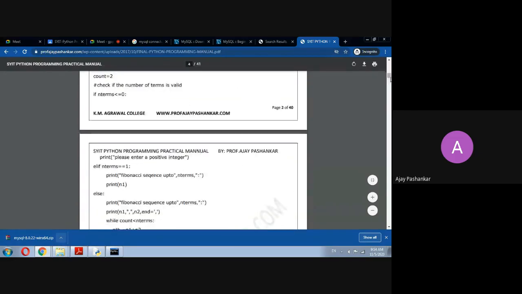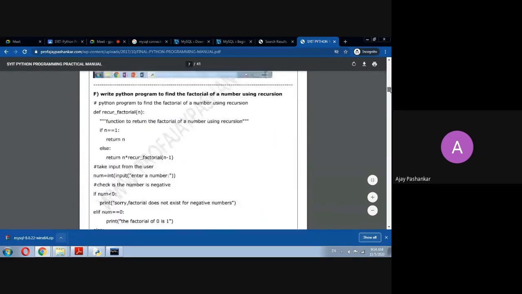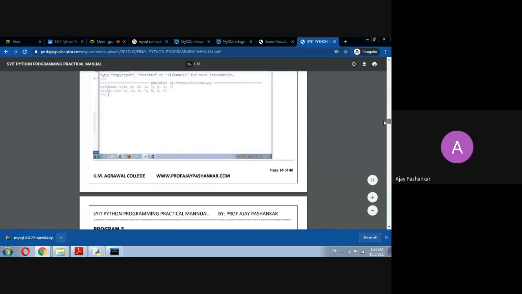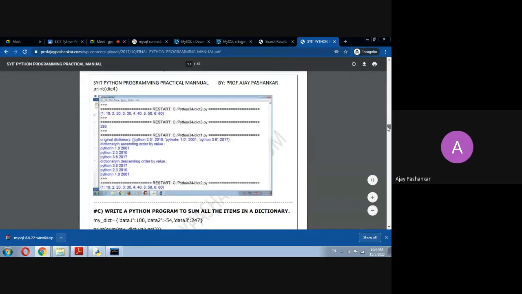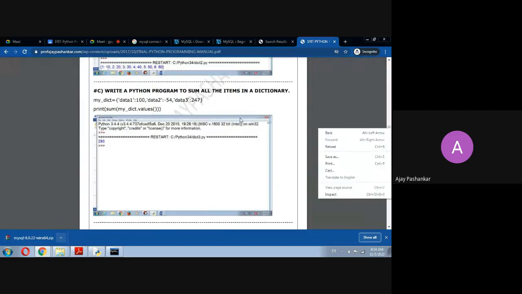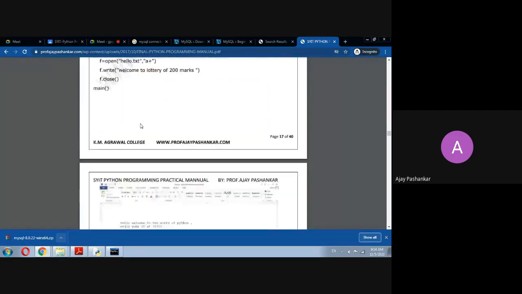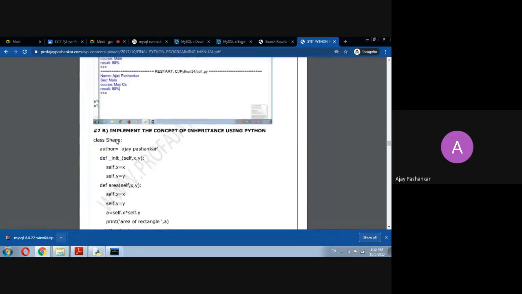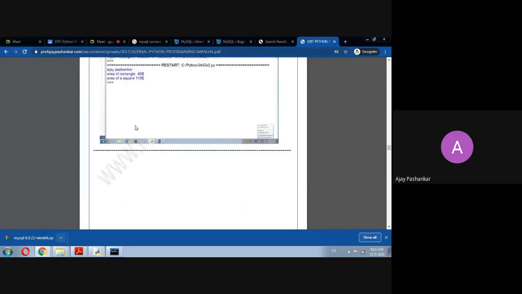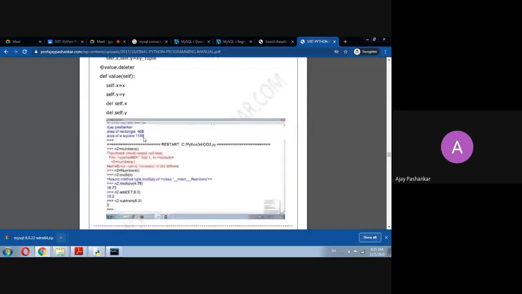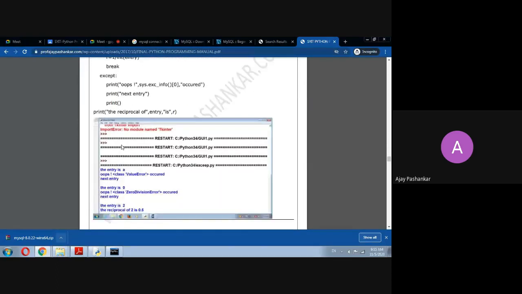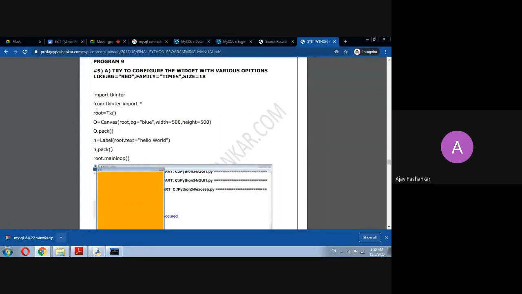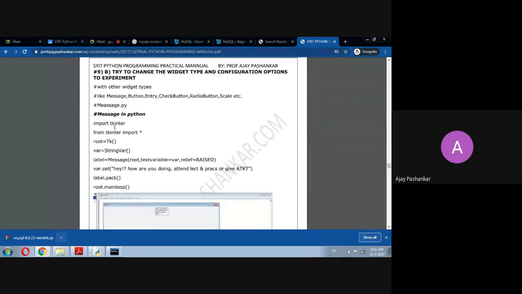Don't worry. I'm just going down towards our GUI programming using that widget and other things. I know our Tkinter programming part is remaining, so next time we'll be looking at that. These programs are very basic in comparison with your database programming. So this is your Tkinter programming, the simplest one. If you refer to this properly,